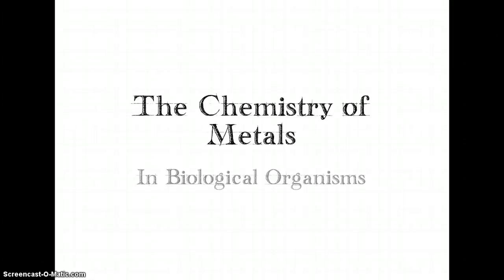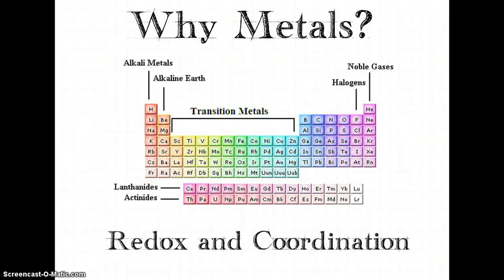The chemistry of metals in biological organisms. I'm going to be talking about the biologically important chemistry of metals. Why does nature use metals in biological systems? The answer is redox and coordination. Overall, the properties of metals that allow them to catalyze redox reactions and form coordination complexes is what makes them